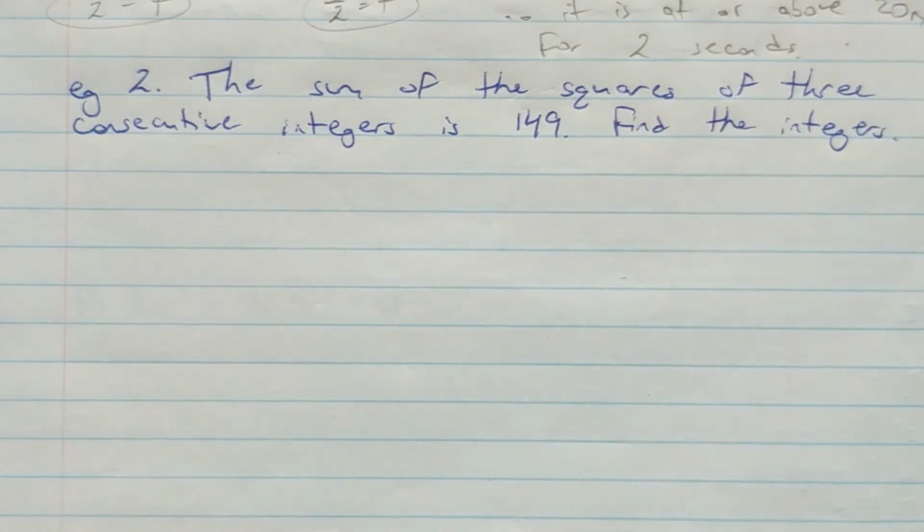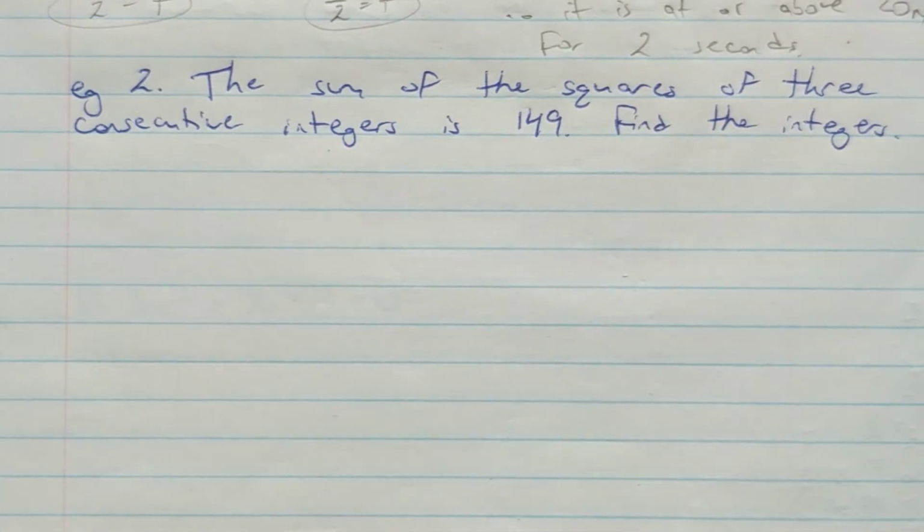Here we're not talking about the path of anything. We're just talking about numbers. Very similar to some of the word problems perhaps you saw in previous years or in previous lessons. So we're going to tackle this using our regular word problem skills. I'm going to start by identifying my 3 numbers. So I'm going to say let x